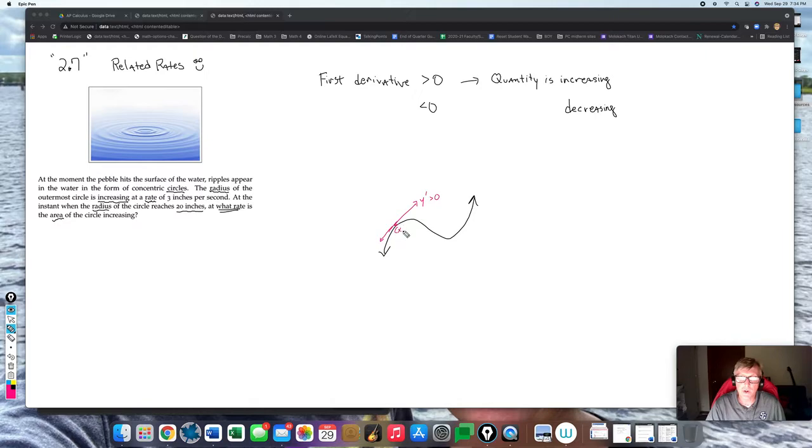And this is at the point x, y. So at another point, say x2, y2, you might have a derivative that's negative. So this is pretty familiar to us,